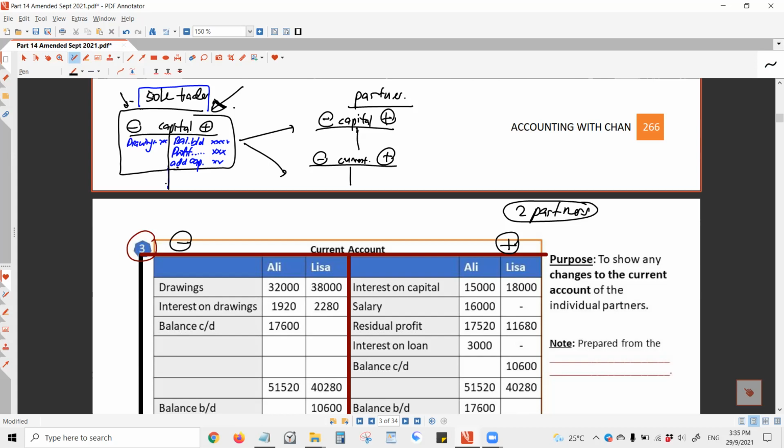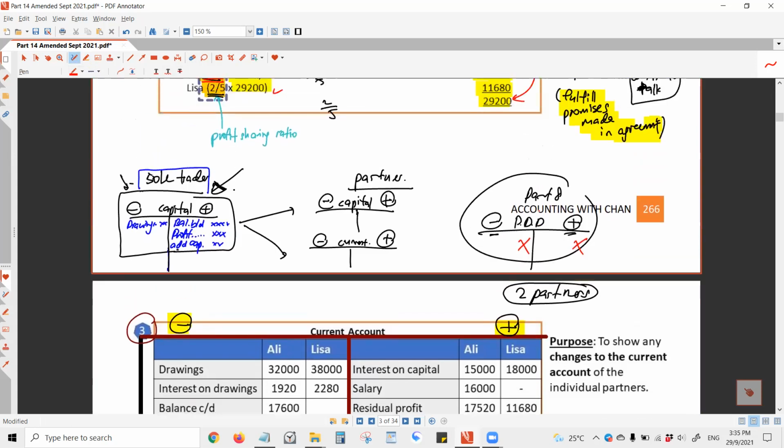So now you are aware, plus is on the credit side, minus is on the debit side. This is important, just like you know that it is important to know where the plus and minus side is for the provision for doubtful debts account. Remember, provision for doubtful debts you learned in part 8. Plus is on the credit side, minus is on the debit side. Otherwise, you do not know what double entries to make, right? When doubtful debt has increased, you must credit it. When doubtful debt has decreased, you must debit it. So you must know where the plus and minus are.